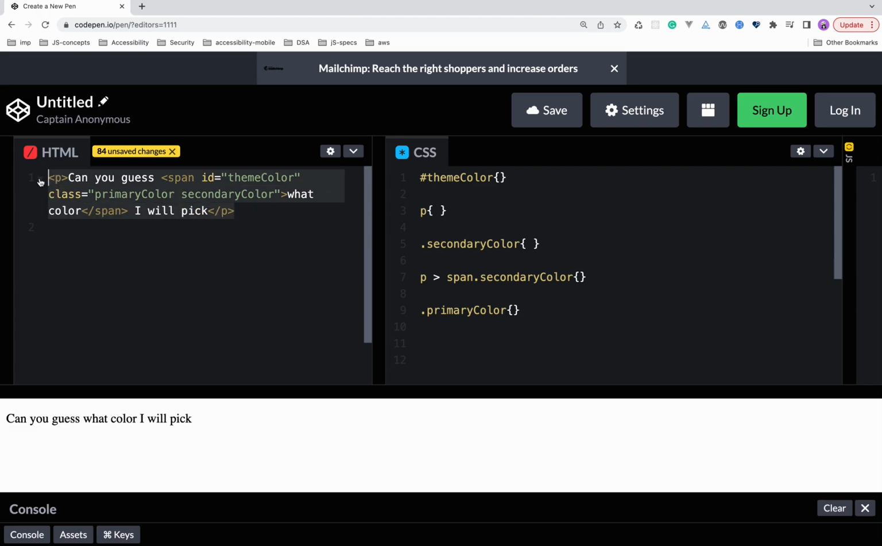We have this HTML code with a bunch of ID and class names. We do have related CSS with this. If you had to guess which particular style is going to get implemented, would you be able to? If your answer is no, or if you are thinking, or if you are not confident, then this video is